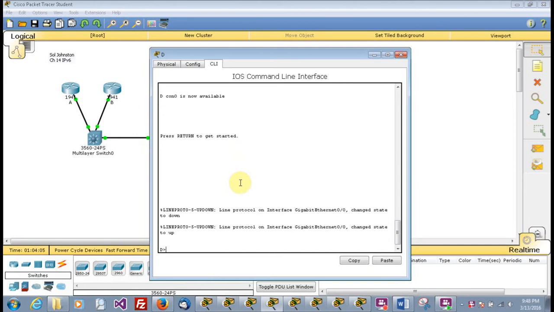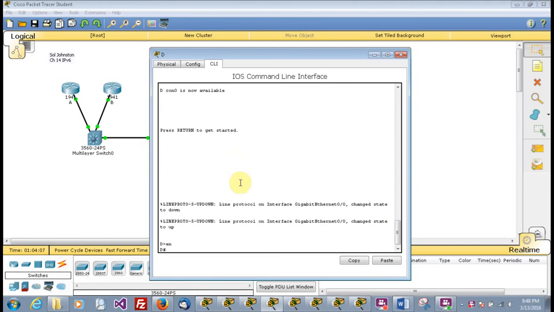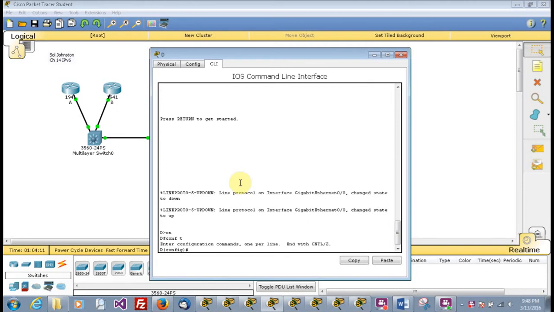And then also in D, enable, configure terminal, no IPv6 route 2001:DB8:3C4D:1::/64